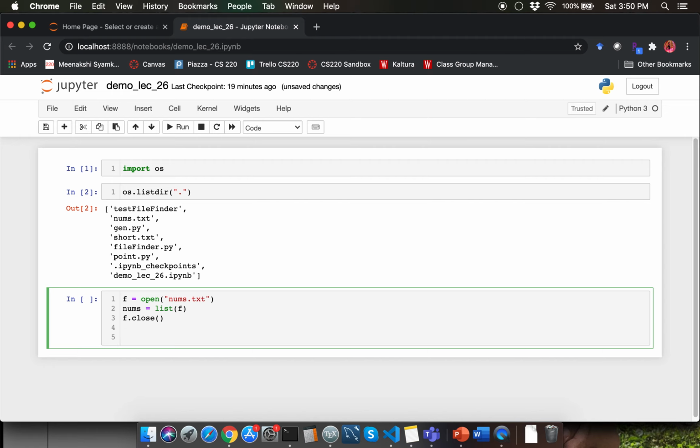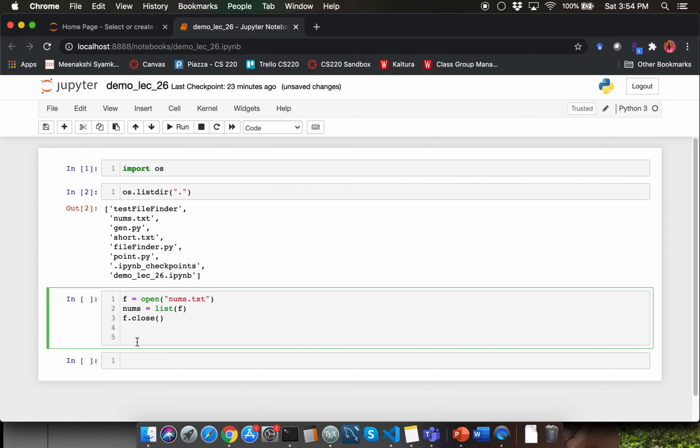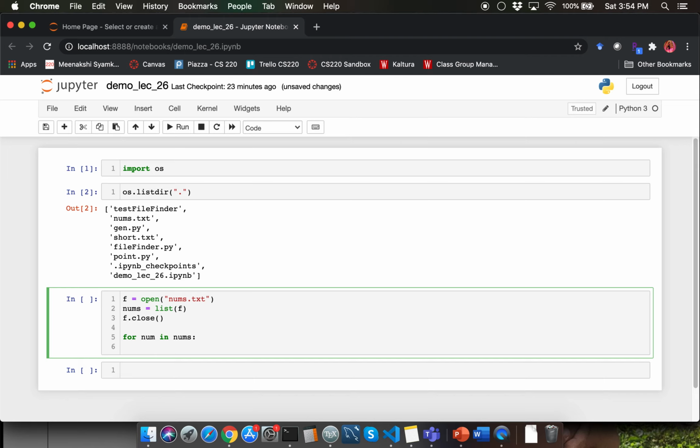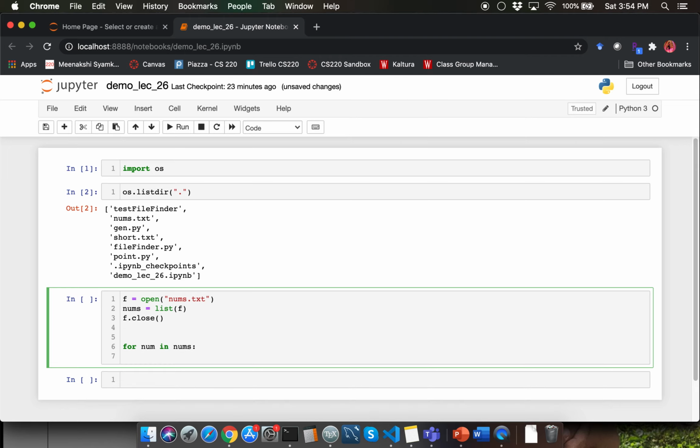That's going to be to write a for loop, correct? I'm going to say for num in nums. What do we want to do with each number? We want to total up the numbers. So I'm going to define total outside my for loop and initialize that to a value of 0. Inside my for loop, I'm simply going to say total plus equal to num.